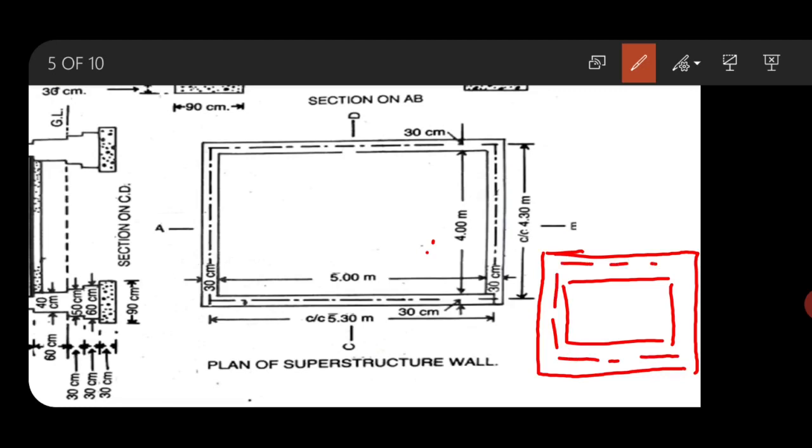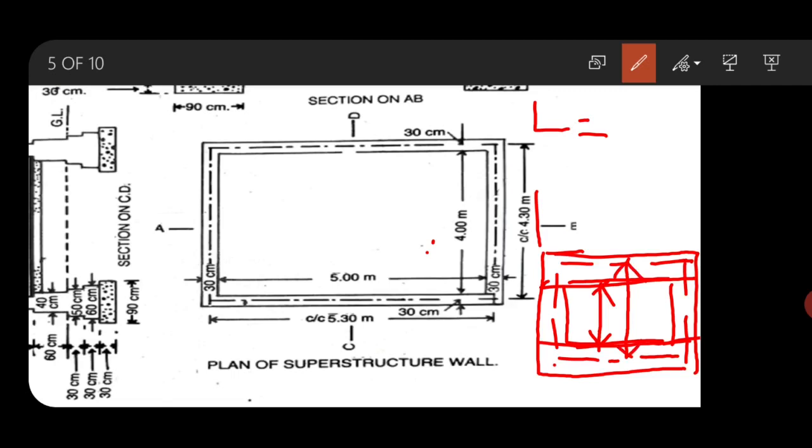This is the center line length. Okay, so here this part is over, the long wall portion. So now this portion has already been calculated. So now we have to calculate only this much of length. So this length can be calculated by subtracting. We are having our center to center length as 4.3. So if from the center to center length means this much.